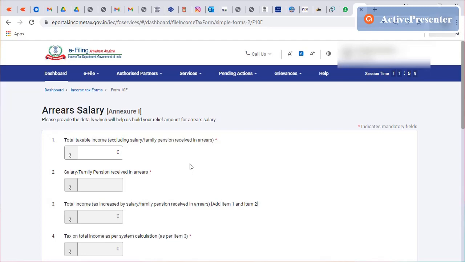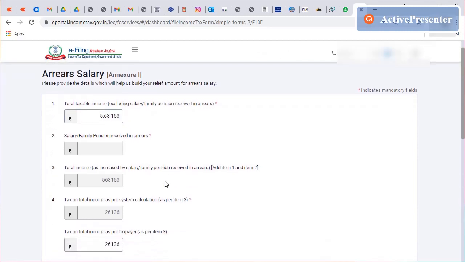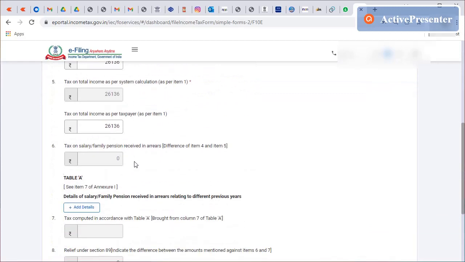What amount you have got there, that you have to enter here, which means all the income that you have received minus all the deductions you are eligible for, including the investment exemptions and donations and everything. After deducting all that, what is your taxable income just before calculating your tax, that figure you have to enter here. So let's say I'm entering some value here, okay. So the remaining fields will be auto populated, but you need not worry about it now.